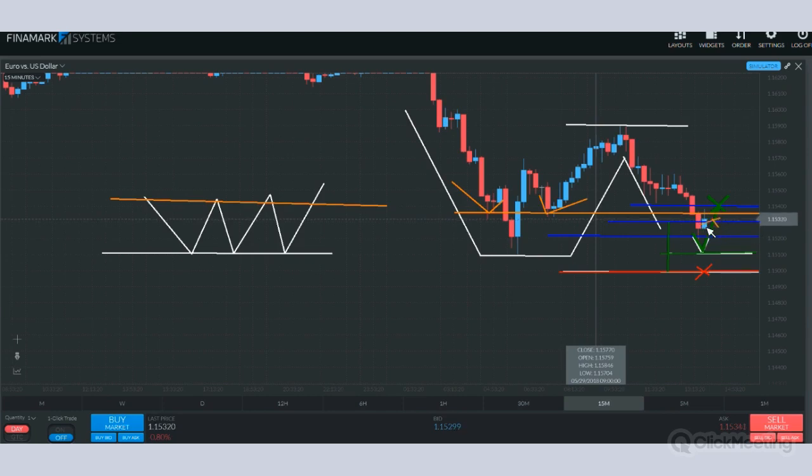We might say, let's look for an exit here at the 1.153 instead of the 1.154 and jump out with the 20 pips, because it's a lot more realistic that this position is going to reach and close at the 1.153 than it is at the 1.154. So we're making a calculated decision to temporarily adjust our risk to reward in order to get out at a more likely hit point than what our 3-to-1 would have us do, so to speak, without adjusting all of our other amounts, of course, which we could do.